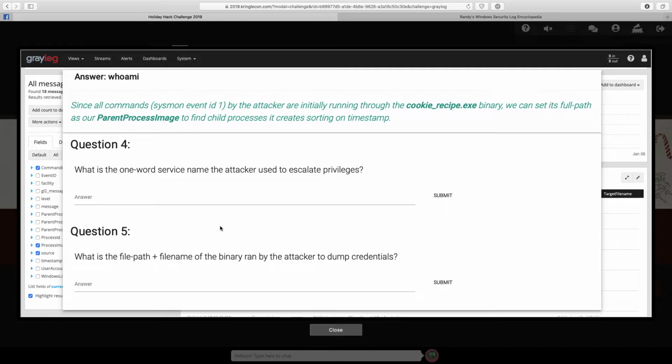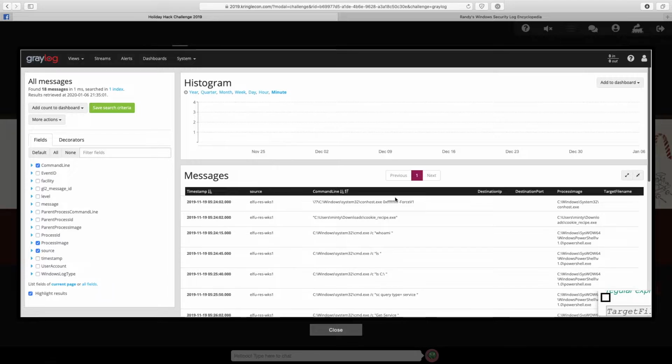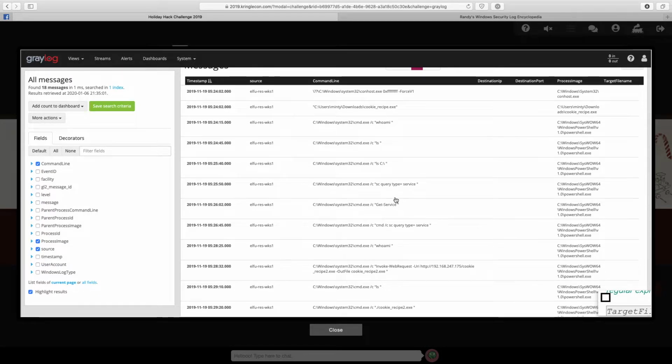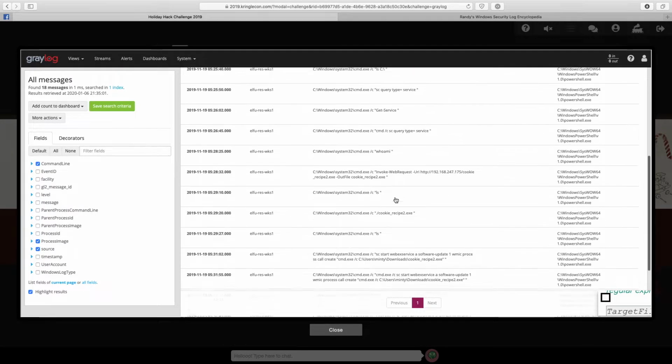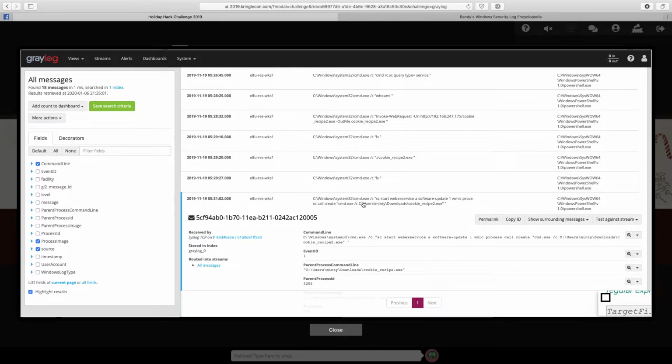Next up, question 4. What is the one-word service name the attacker used to escalate privileges? Now we could actually modify our query and search for something else or add something to that search, but we could also just move down the list to see anything that's service related. And what you'll find is this particular entry right here, where you'll see SC, which is the Windows command to use to control a Windows service, being run, and then as the command line see start WebEx service,